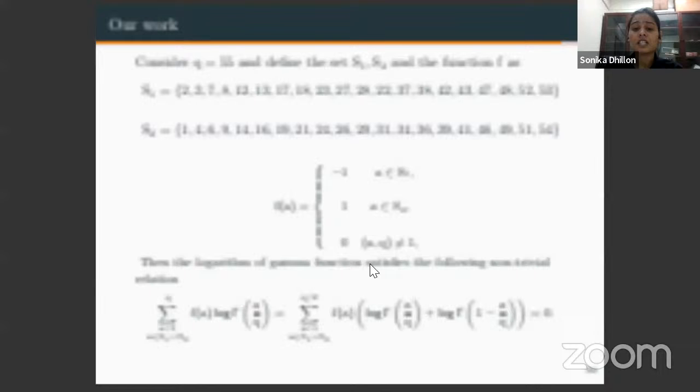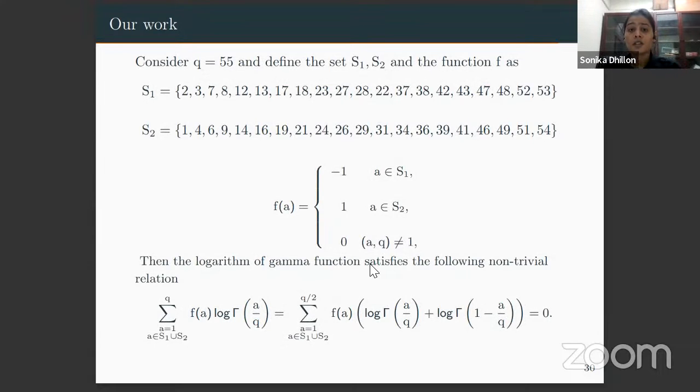But more important than that, we have proved that this conjecture is not true in general. We can find counterexamples. Here, if you consider q equal to 55, I have divided the set of all the numbers which are coprime to q into two sets, S1 and S2. Basically, we have defined an odd function which takes plus or minus 1 values, and it is 1 when a belongs to S1 and minus 1 when a belongs to S2. Then if you take the log linear combination of these numbers with f(a) satisfying these conditions,